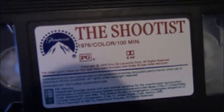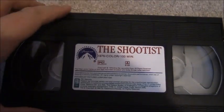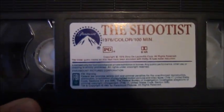But this is a 1992 reprint copy, because it has the horizontal sticker label, as opposed to the 1989 print, which used a vertical label. So yeah, this is a 1992 printing. The 43rd week of 1992. So yeah, kind of weird that